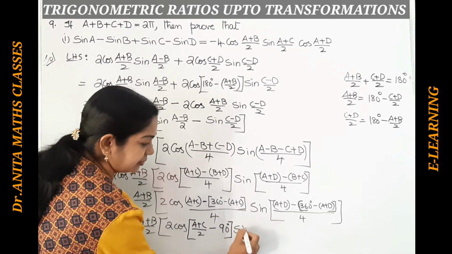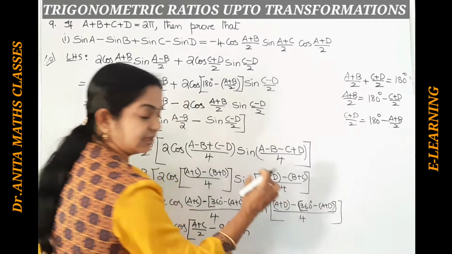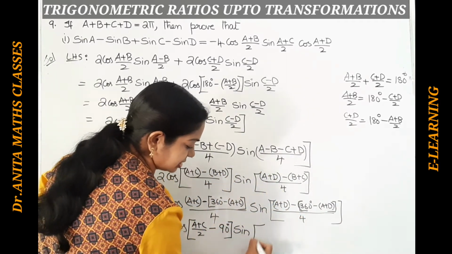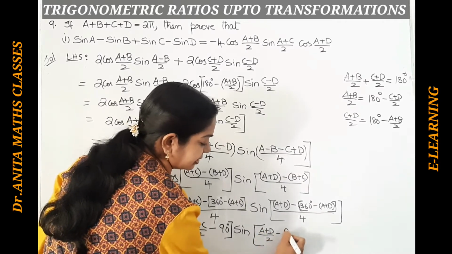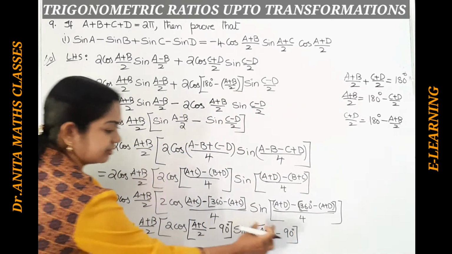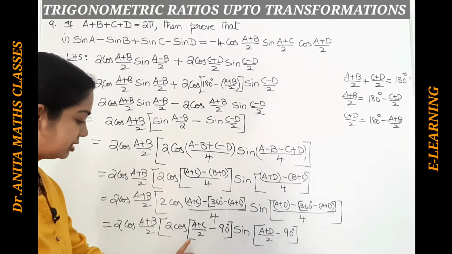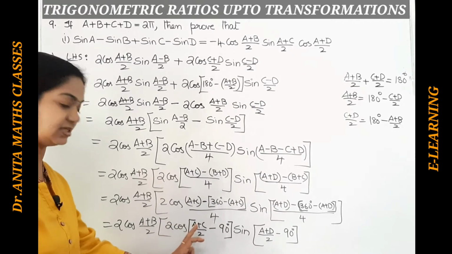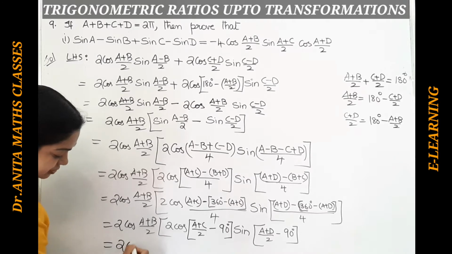The same way we will do here. So a plus d, minus, plus a plus d, 2a plus d, (2a plus d) by 4 becomes just (a plus d)/2 minus 90 degrees, 360 by 4, 90. So if you are reversing both, a minus comes out. In place, for cos, minus will be eliminated because cos of minus theta is just cos theta.